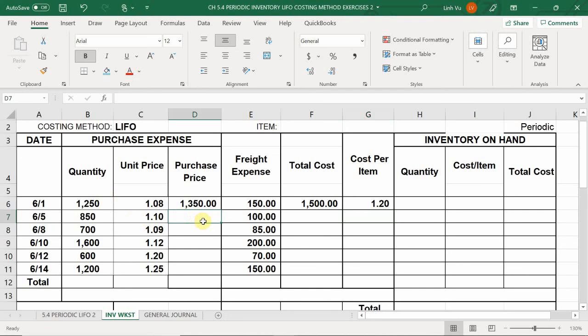On June 5th, I purchased 800 units at $1.10 each. So what's my purchase price here? $935. Plus $100 gives me a total cost of $1,035, which brings my cost per item to be